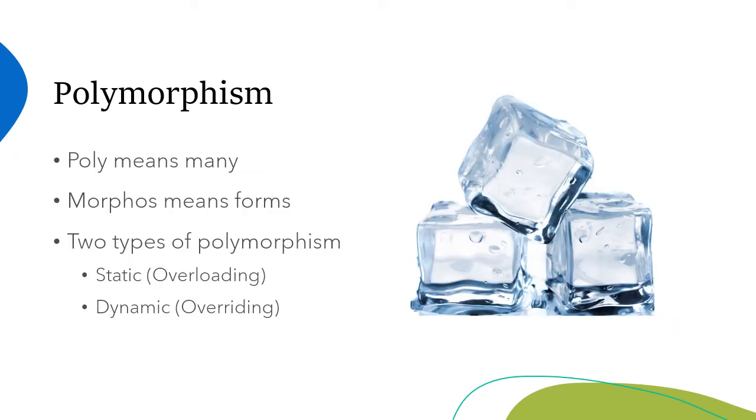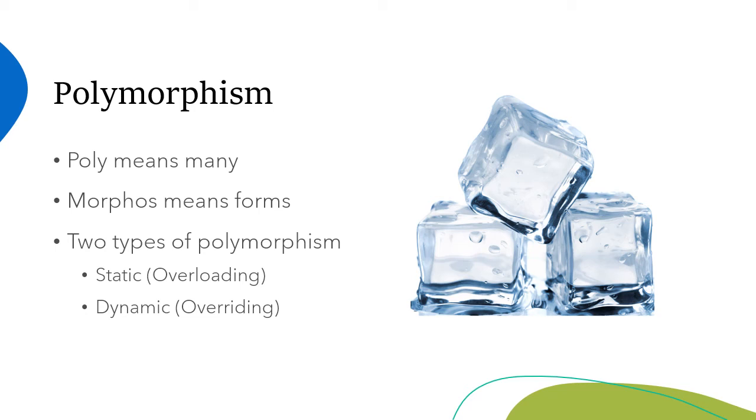Now, polymorphism. The term poly means many and morph means forms. So something which has many forms, just like this ice, which you can see in this picture. This can be available in three forms. You know that: water, ice, and water vapor, right? So these are three different states of the same thing. This is how I'm explaining polymorphism. So how do we achieve this in our programming? With the help of overloading and overriding, right?